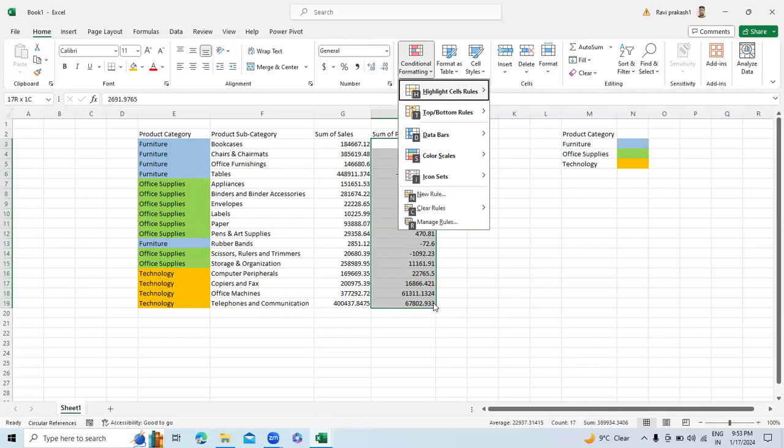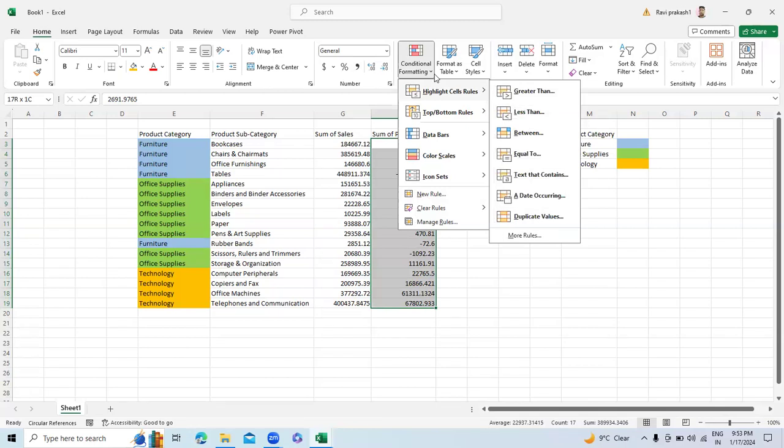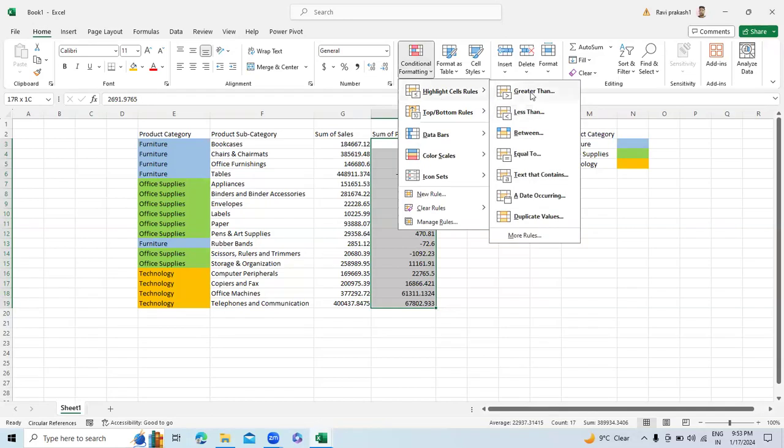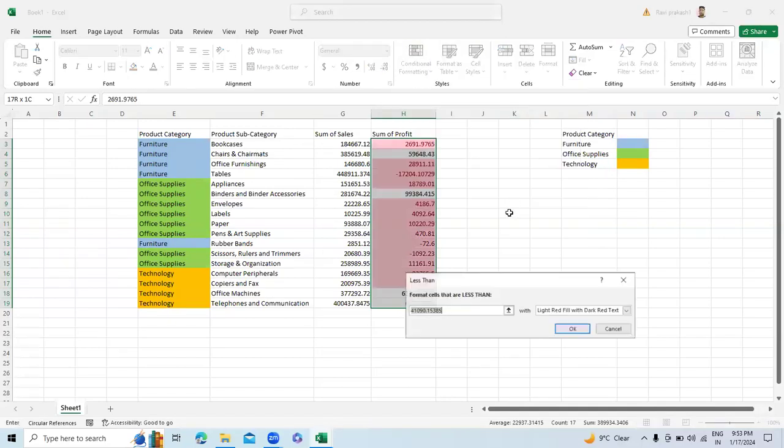I go to either we can use new rule option, or even we can use the cell value that is less than or greater than something, right? So here in this case, we'll use less than, and then we'll have to highlight all the cells that have less than 0. Less than 0 means negative value, and I'll just make this format